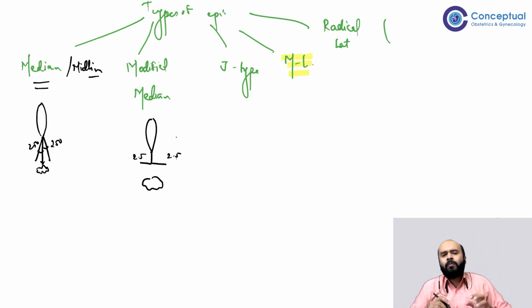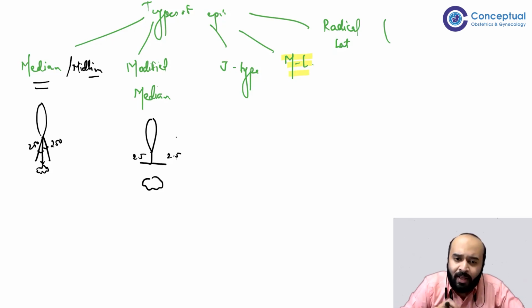Now, the problem with this is that if you start going laterally, you end up going into the pubococcygeus, and also towards the gluteus maximus, and you give rise to multiple bleeders and a very poor outcome. The female is going to have a lot of pain while sitting, which is why this is not preferred. To counter that, the next episiotomy is the J-shaped episiotomy,